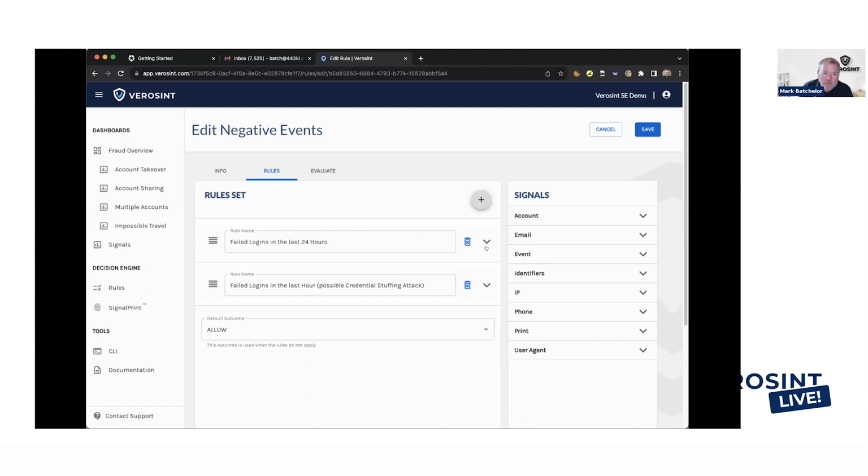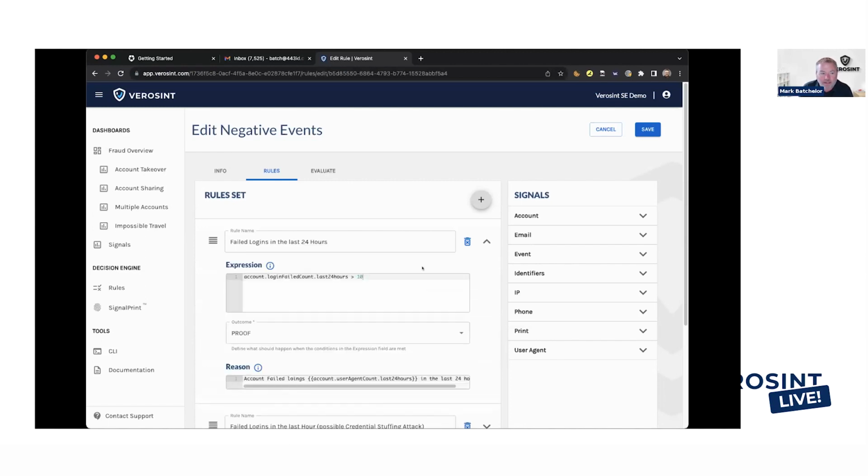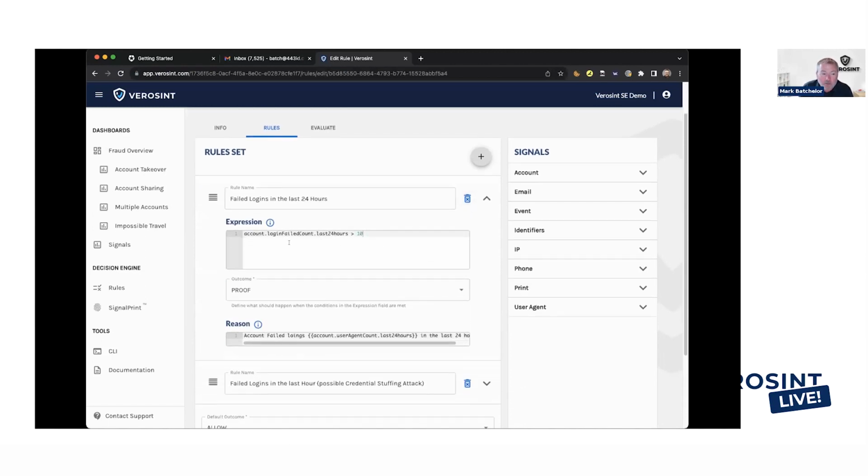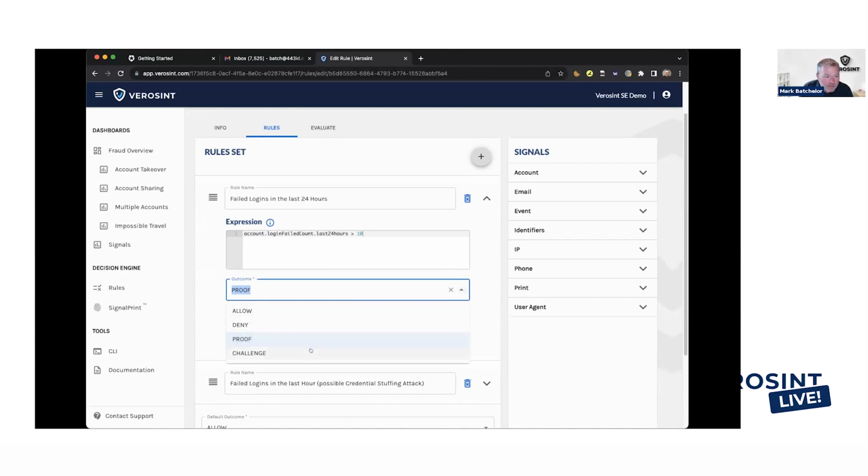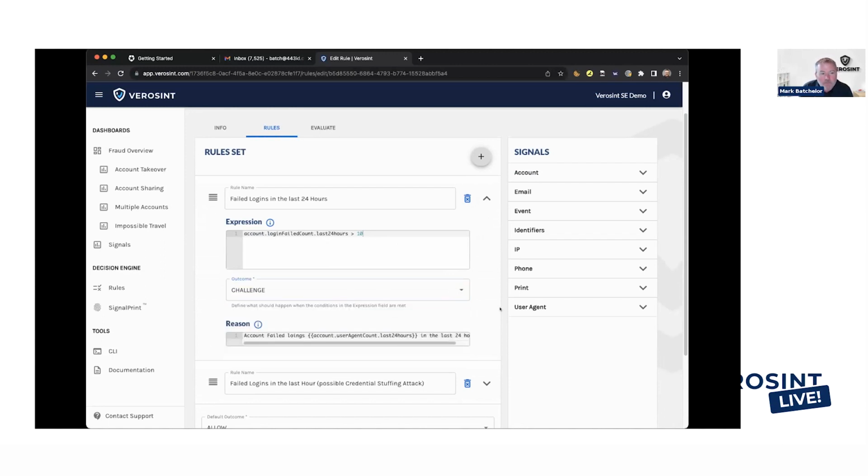And so the first one that comes to mind is a real simple rule here where I can look for the account. How many times has it failed in the last 24 hours? In this case, I made a simple rule that says if it's failed greater than 10 times in the last 24 hours, I should actually say challenge, send them off to get MFA'd, right? So based on how many times I've